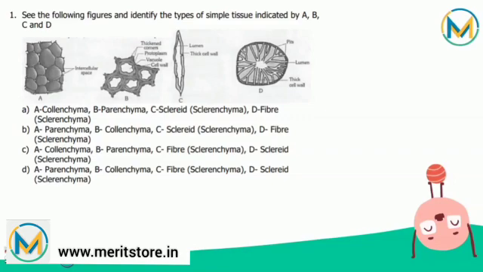The cells of the parenchyma are generally isodiametric. They are spherical, oval, round, polygonal or elongated in shape. Their walls are thin and made up of cellulose. They may either be closely packed or have small intercellular spaces. The parenchyma perform various functions like photosynthesis, storage, and secretions. So A, parenchyma, we have in option B and option D.